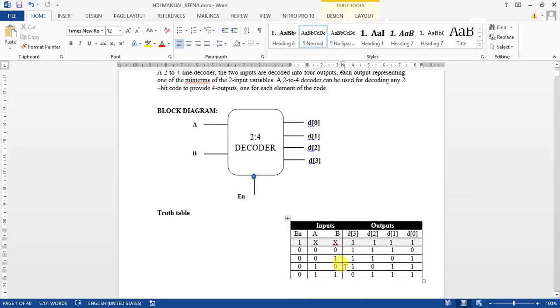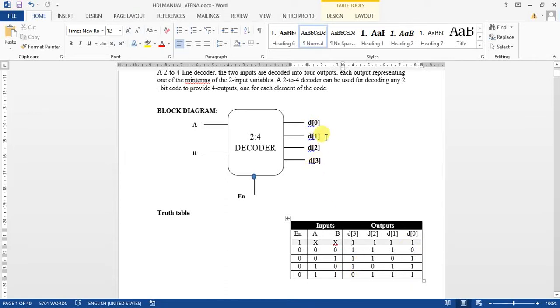If you give 1 0, then D2 becomes 0, and if you give 1 1, then D3 becomes 0. By default initially all will be high. After that, if you make enable equal to 0, based on inputs A and B, at a time any one of the outputs will go low. So this is active low.